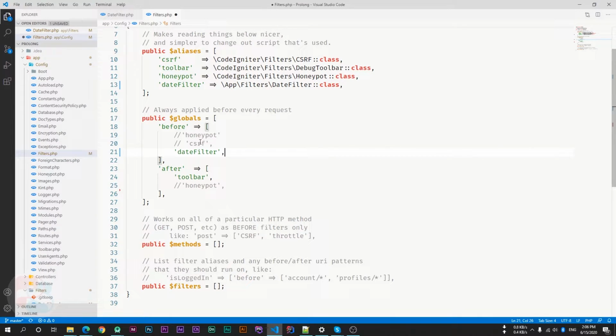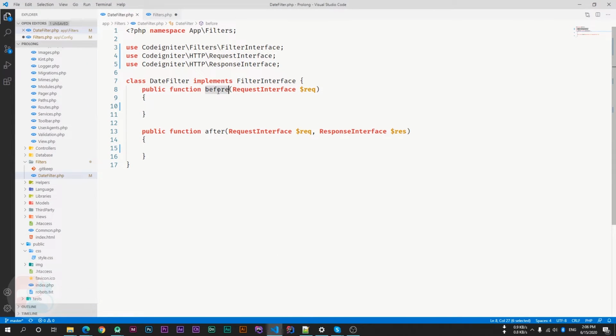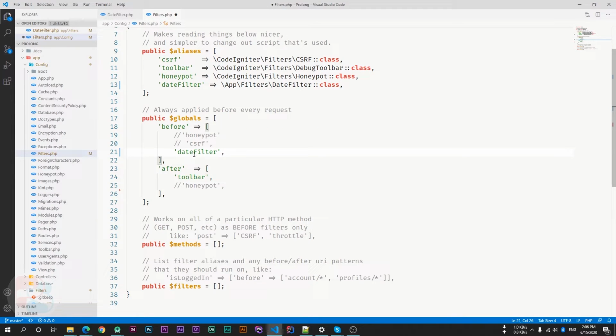This means that whenever I open any URL, the before function of my date filter will be executed. If I use this alias in after, it will execute the after function of my filter. Currently I am showing the before function.